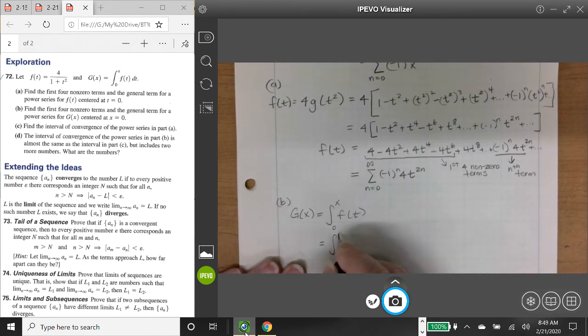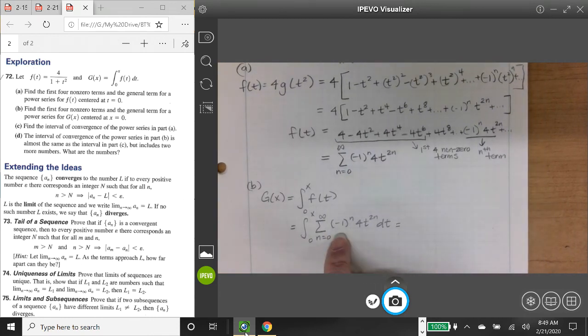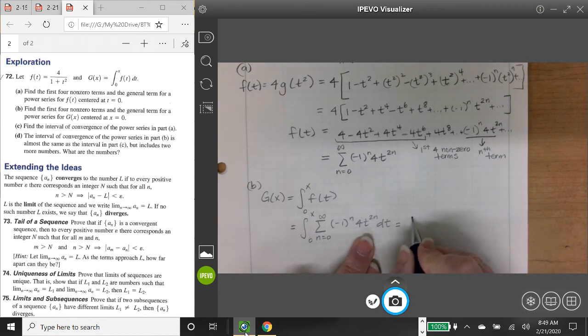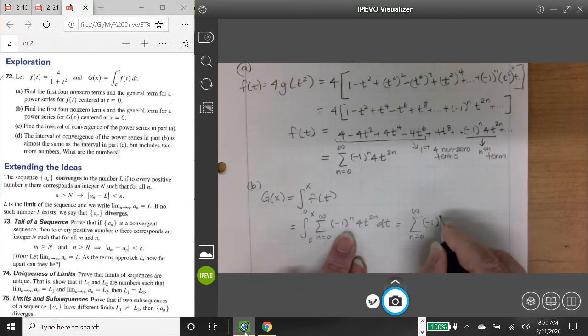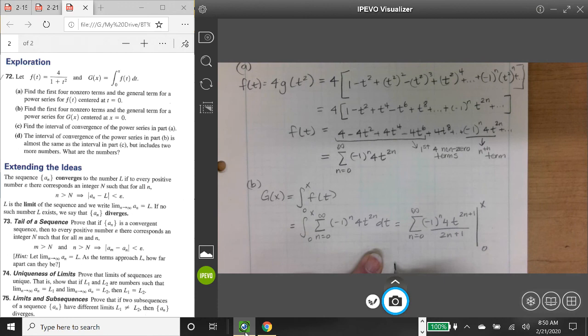the integral from 0 to x of the sum from n equals 0 to infinity of negative 1 to the n 4t to the 2n dt. And when we integrate that, the negative 1 is constant and the 4 is constant. The only thing we're going to integrate is the t to the 2n, I'm sorry. So that's going to be the sum from n equals 0 to infinity of negative 1 to the n 4t to the 2n plus 1. We raise the power by 1 and then divide by 2n plus 1, such that we go from 0 to x. All right, and then